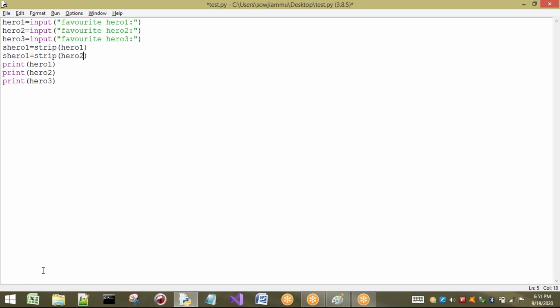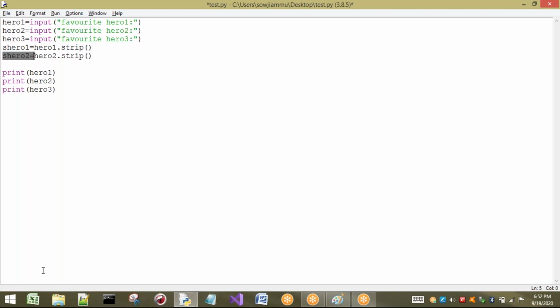Sorry, as this is a method, I have to write it before. Okay, here what I have to write is hero 1 dot. When you go to the classes concept, you can understand why we write in this way. Okay, now the last one we are going to take is the third one.